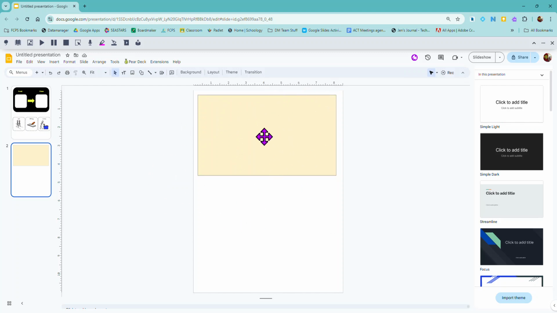Now that I have my sort of background for the board, the next thing I'm going to do is add boxes for where my first box will go and my then box will go. So again, I'm going up to this little Shapes button with the circle and the square. I'm going over to Shapes, and I'm going to select a rectangle again. I'm going to draw out my rectangle to the size that I want,